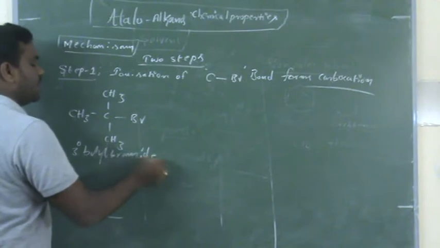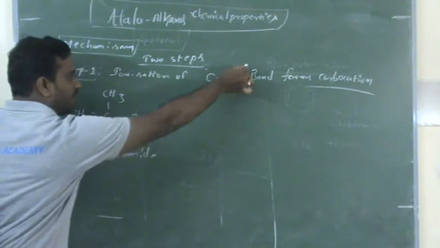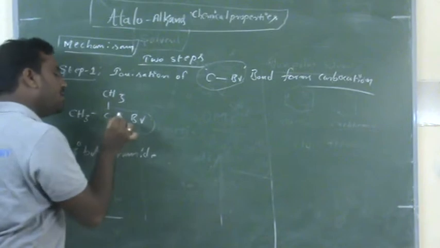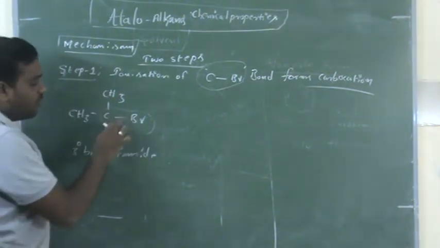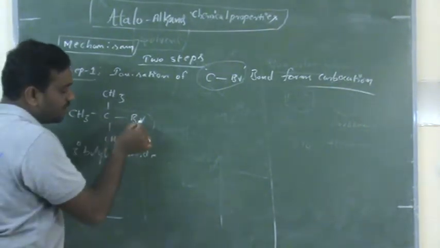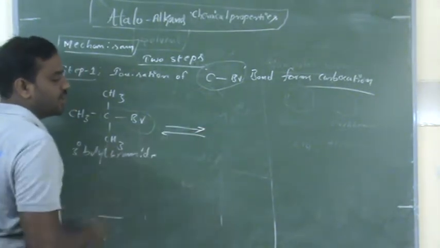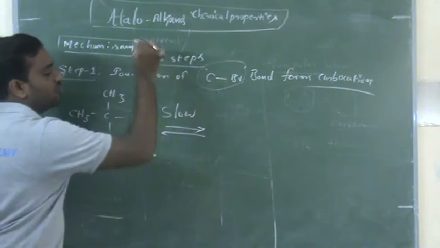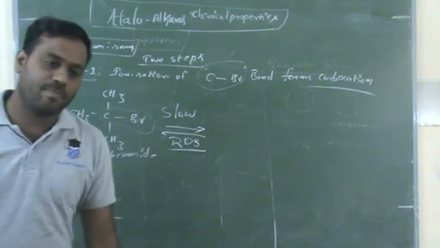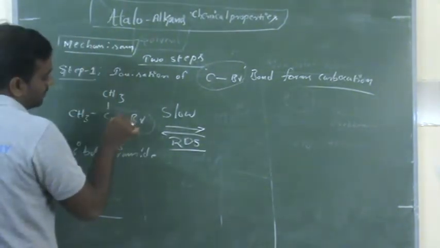In this tertiary butyl bromide, what is the bond? The C-Br bond. Are you following? This bond breaks. How does this bond break? Because Br is more electronegative, you know. Just take this Br out; when you take the Br, it takes the electrons. This is very, very important. It's a slow step, always keep in mind. Slow step is the rate determining step; we discuss this in chemical dynamics. So this bond breaks.